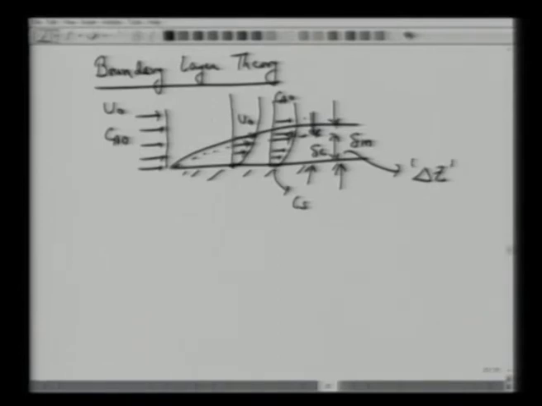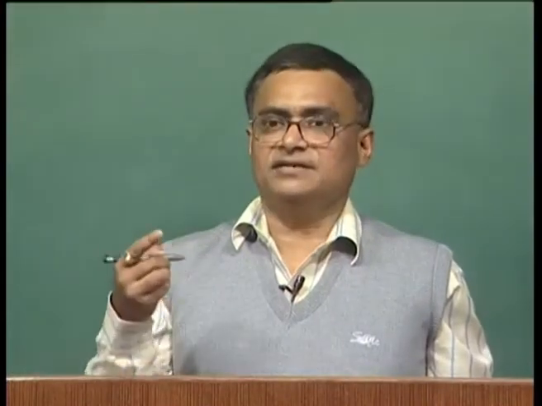If you are asked to calculate the flux of A, either to or from this plate, we can have this plate which has some concentration. Maybe this plate dissolves into the bulk of the fluid, which has a far-extreme concentration at CS0. So the surface concentration is CS, and within the bulk, or within this delta C, it changes from CS to this CS0. One can again write down this species balance quite rigorously. If we have laminar flow and we know the velocity profile, we can do the integration to calculate the diffusion flux analytically. If you have turbulent flow, of course, we can make an analogy and come out with some correlation there also.